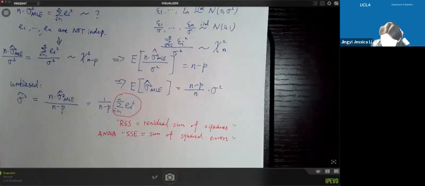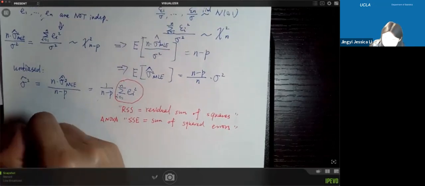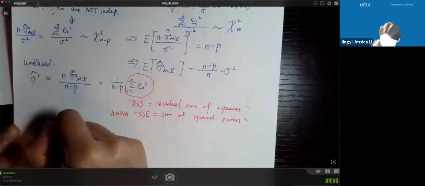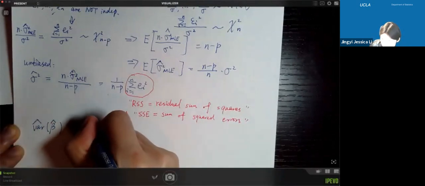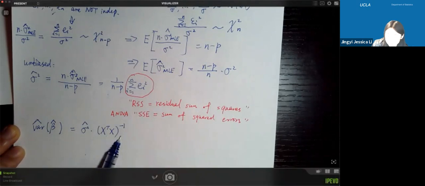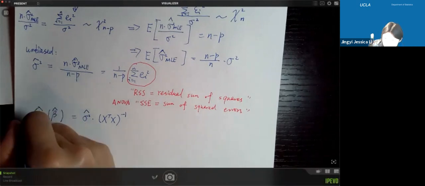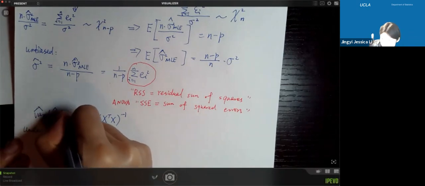Okay, so after so much discussion, finally we are able to say, for the covariance matrix of beta hat, we can do the plugging. So now we're going to use the unbiased estimator times X transpose X inverse. And since we're under fixed design, this is known, and we're done. So then what's the distribution of beta hat? Under this normality assumption,